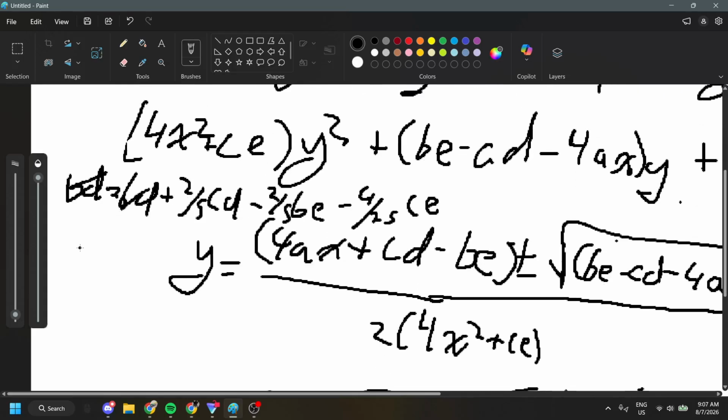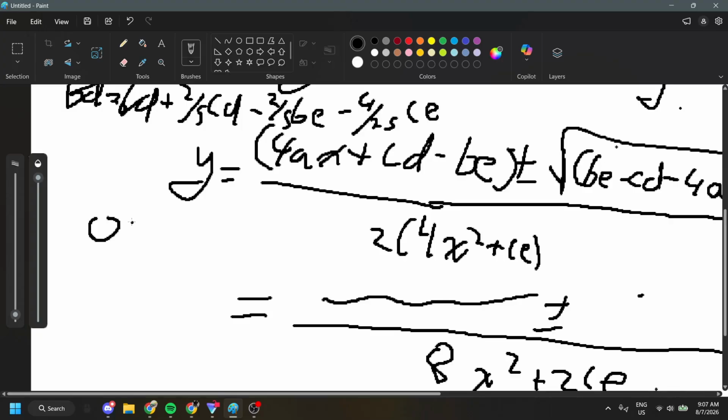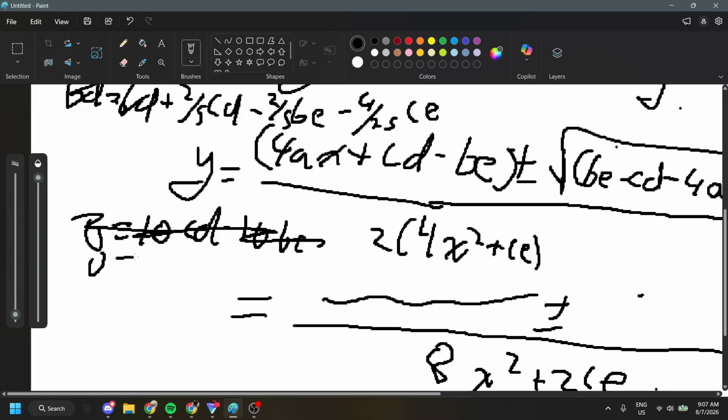So then cross these out. So we get 0 is equal to multiply by 25. We get 0 is equal to 10CD minus 10BE. 0 divided by 2 is equal to 5CD minus 5BE